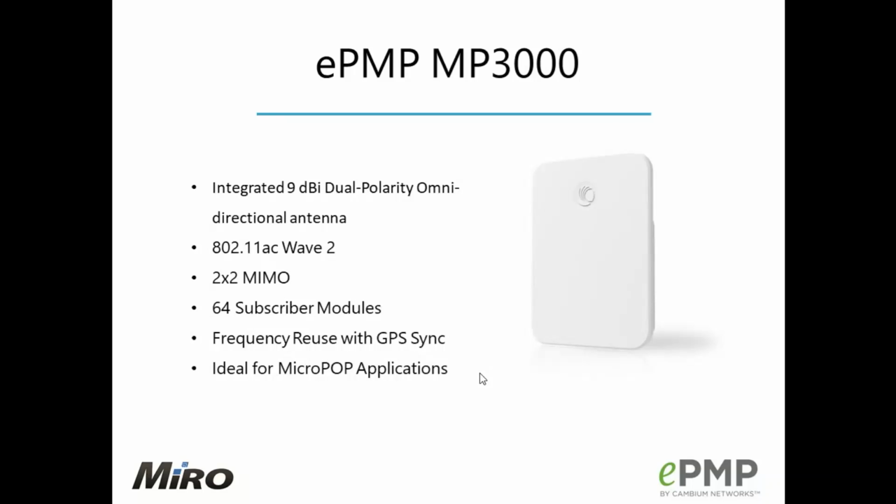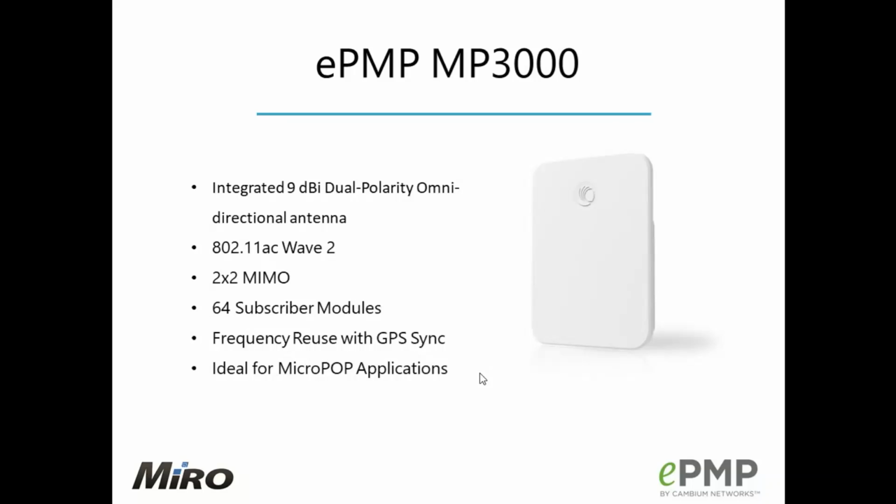Okay, so once again, exactly the same specifications as the 3000L, so it's still 802.11 AC wave 2. It's a 2x2 MIMO unit, can serve up to 64 subscriber modules. And there's actually a little bit of an error here because this is supposed to say does not have frequency reuse and GPS synchronization. And I wonder if any of you guys know the answer to that already, but basically